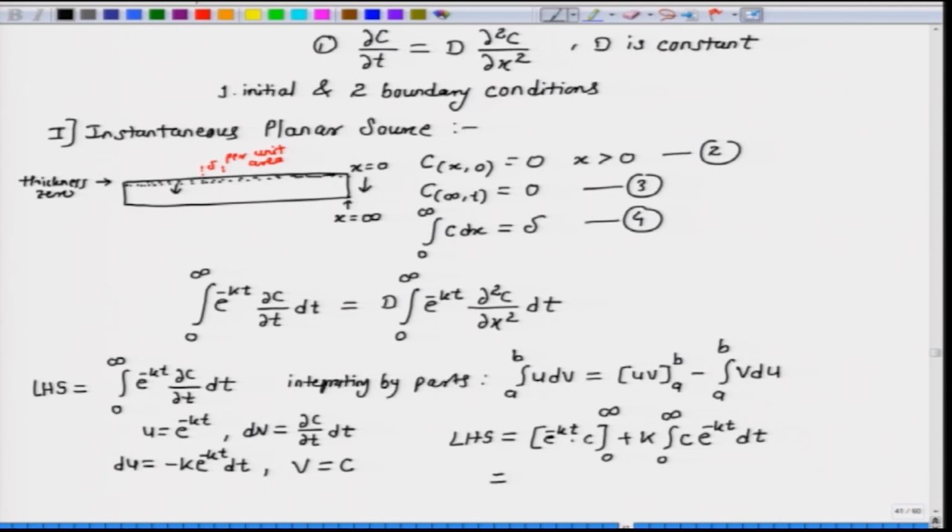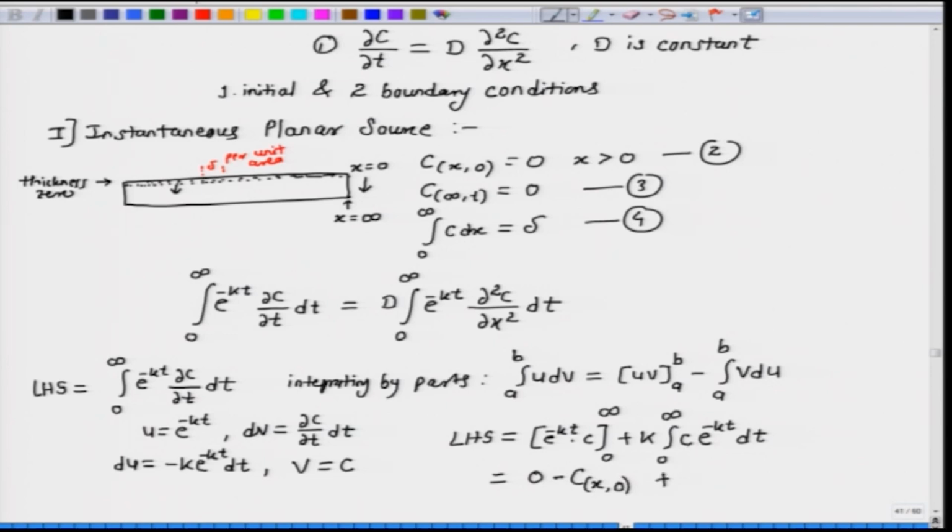So, if we take the values of e to power minus k t and c at t equal to infinity, e to power minus k t at infinity is 0 and c at any position x at any time has a finite value, right, that was the initial condition. So, this is 0, and at t equal to 0, e to power minus k t is 1 and c at t equal to 0, c at x, 0, plus,